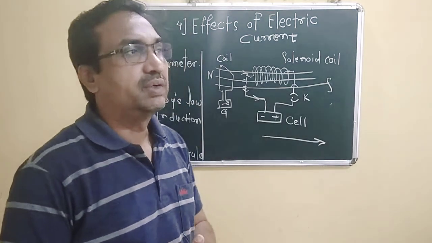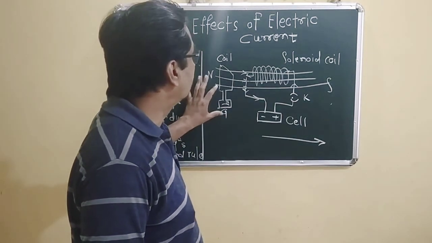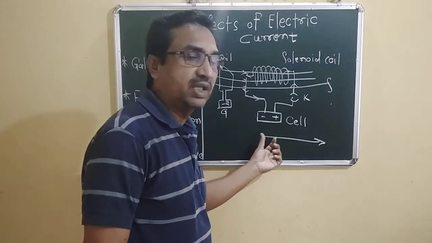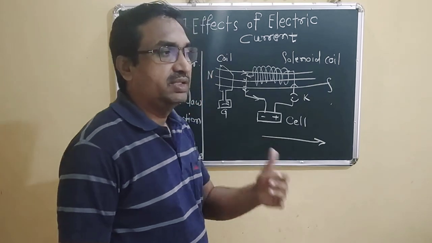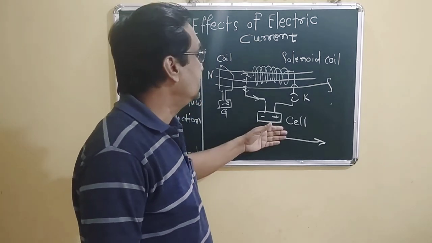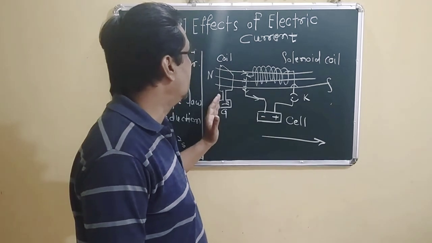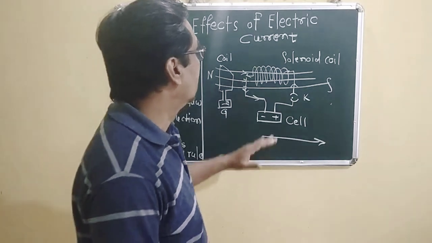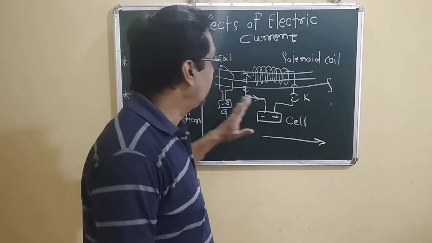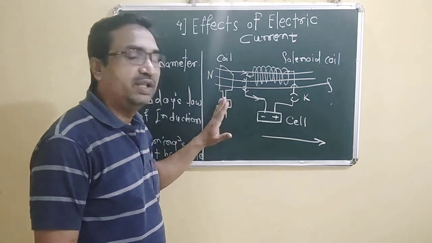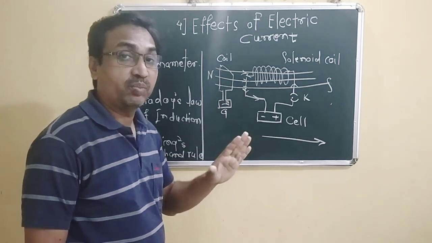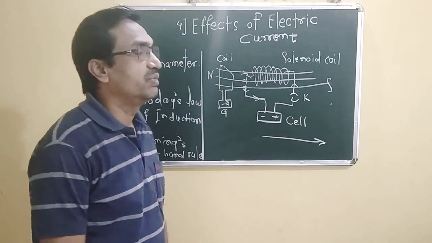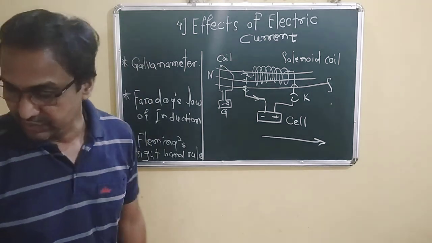and another way we can see the slight change in the deflection is by increasing or decreasing the electric current. By decreasing the electric current, we can easily see that there is a low deflection in the galvanometer on either side. If we increase the electric current, we can easily see a deflection in proportion to how much electric current is flowing in the circuit. So in this way, we have to establish the law here.